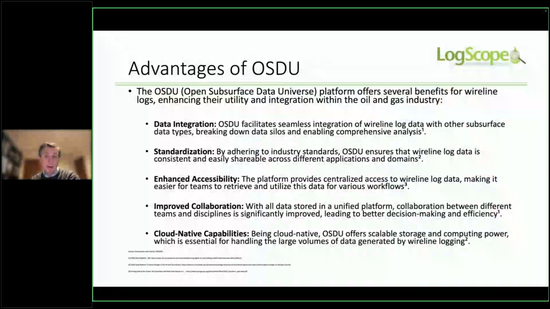And finally, because it is in publicly available formats and has cloud native capabilities, once users access the OSDU, they are able to push and pull the data that's raw, and also the results that are produced from conventional petrophysical interpretation techniques that are uploaded to the